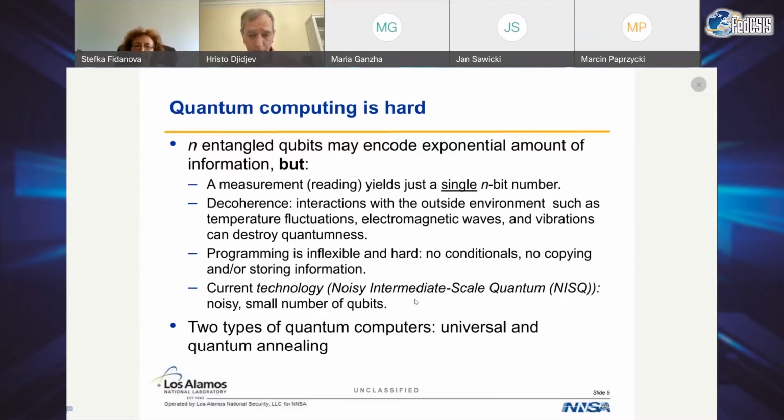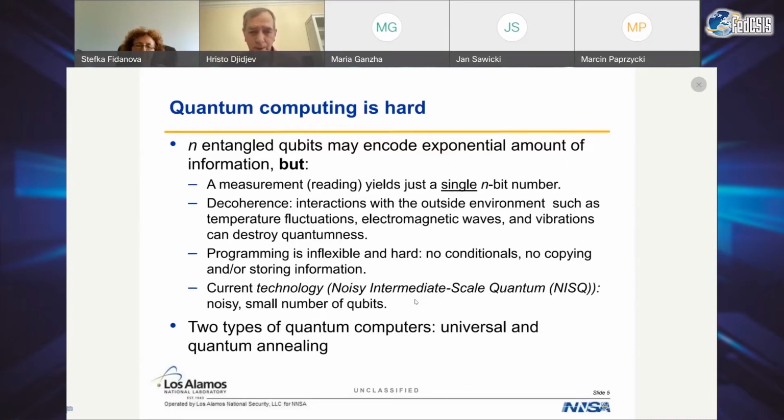The third issue is that programming is hard in the quantum case. We can use no conditionals. We cannot copy information or store information. We cannot print in the middle of a computation, and such things that